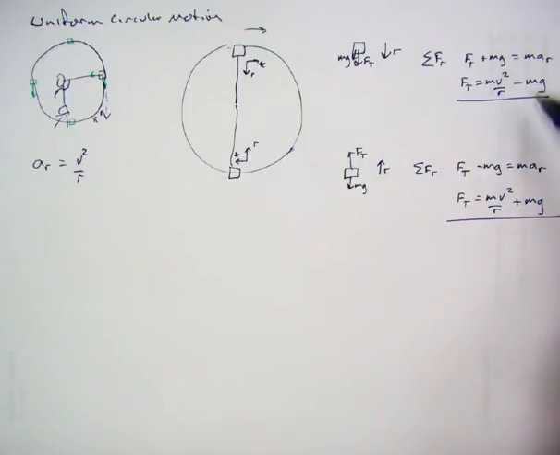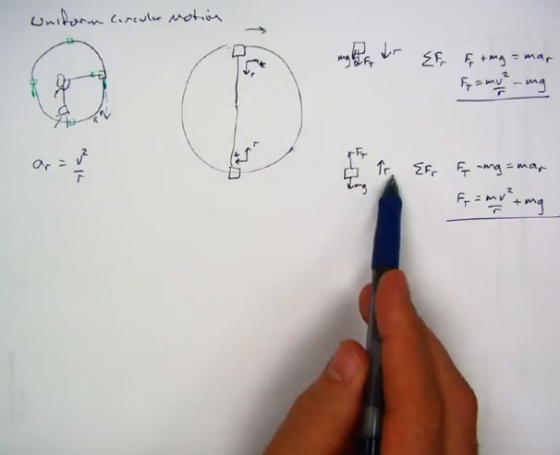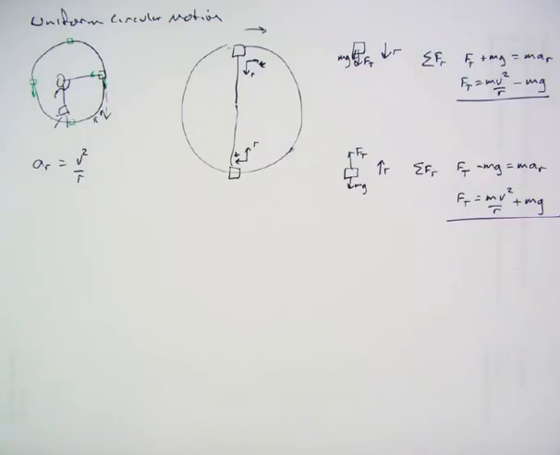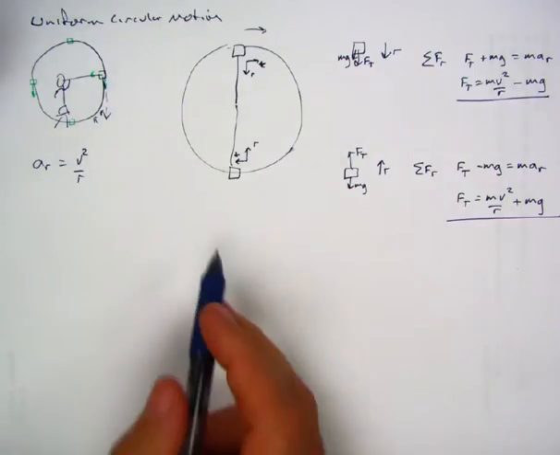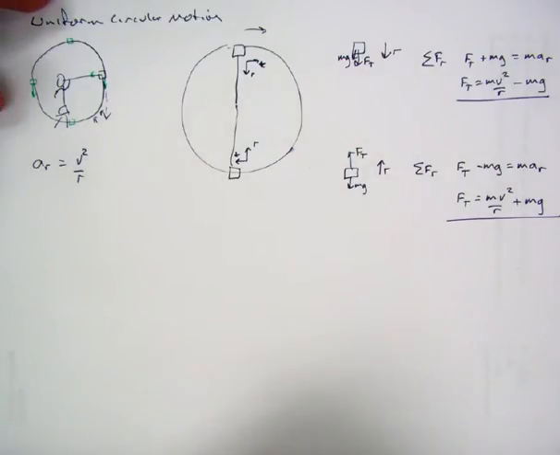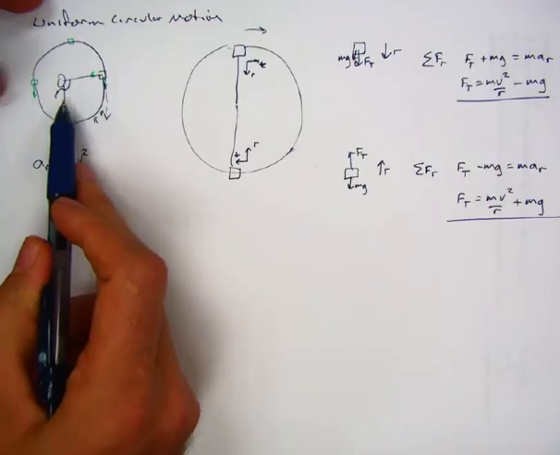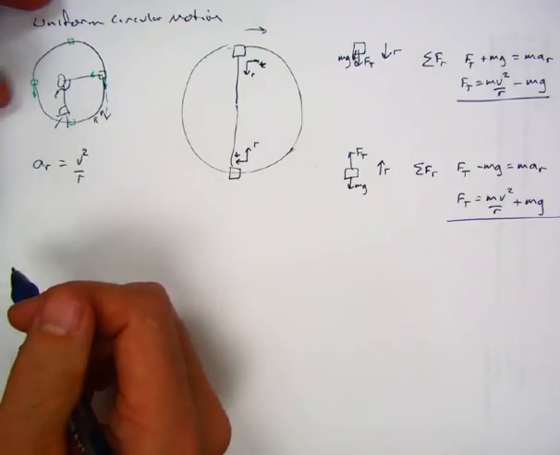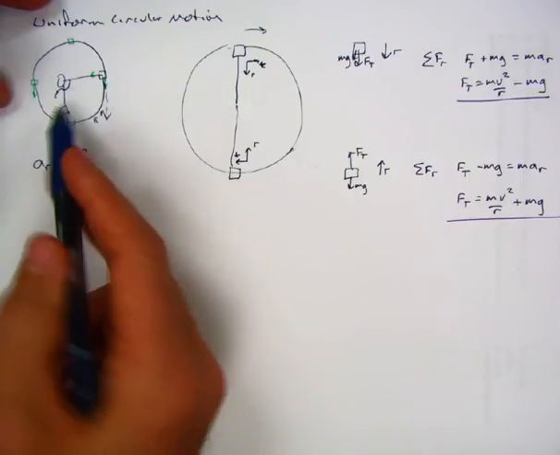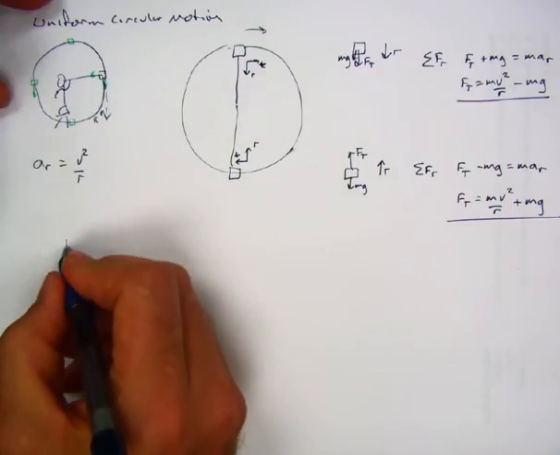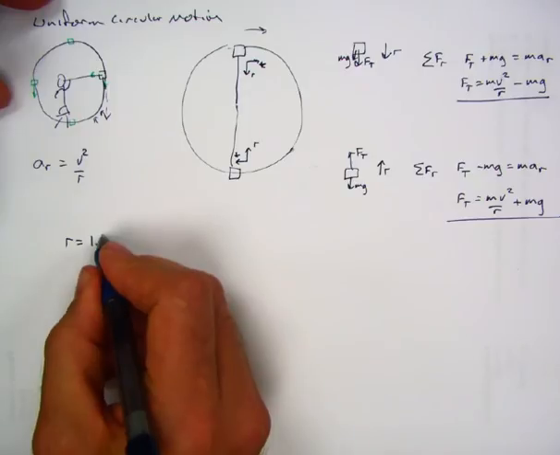So notice that we've developed these equations. We went through our process: free body diagram, coordinate system, write our equations of motion. We didn't even have a problem yet. Well, the obvious problem here would be, what is the force of tension at each of these points given some parameters? So let's look at a typical set of parameters if you were actually swinging a mass around on a string. Maybe, depending on an average person, a radius of 1.5 meters